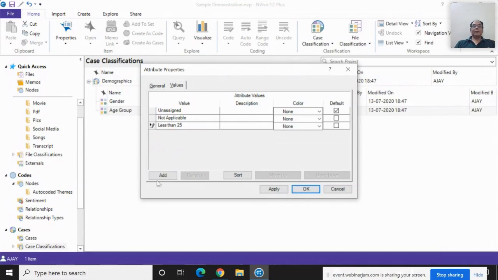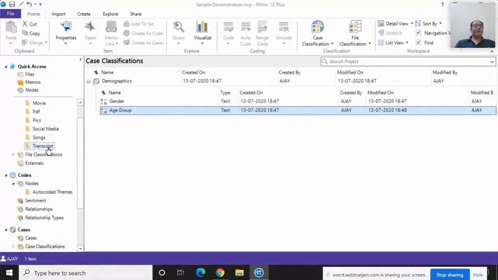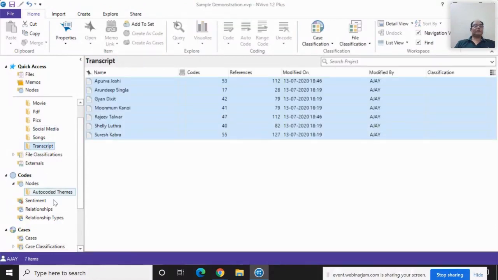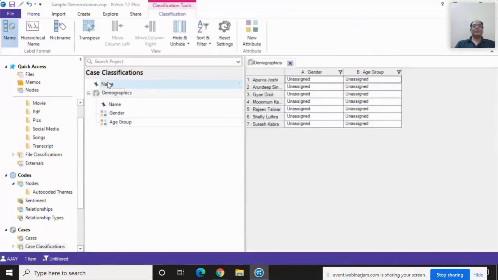Then add 25 to 40. Add 40 to 55. Add more than 55. And okay, so after that, if you click on the transcripts or simply case classification, let's say demographics,